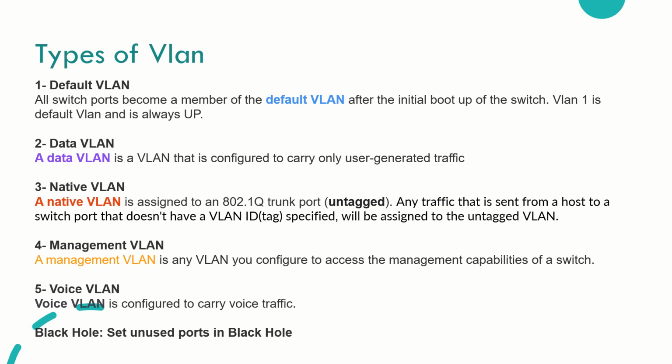We have also the management VLAN. Management VLAN is any VLAN you configure to access the management capabilities of a switch. You configure the management VLAN to be assigned with an IP address and subnet mask. Any switch VLAN could be configured as a management VLAN if you have not configured or defined a unique VLAN to serve as the management VLAN. In other words, for remote access to your switch, you need to have a management VLAN using SSH or using Telnet,